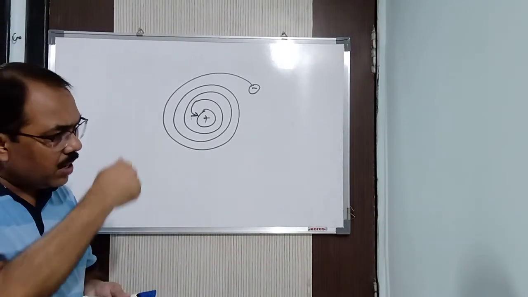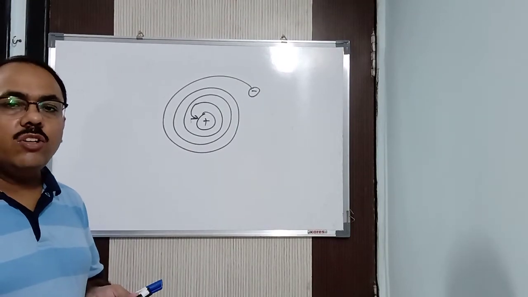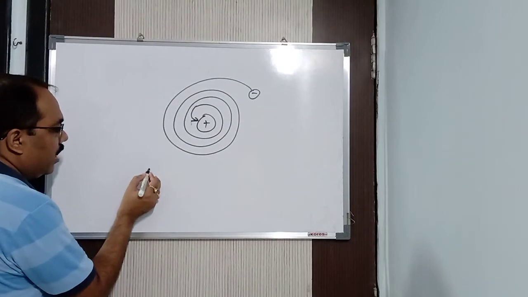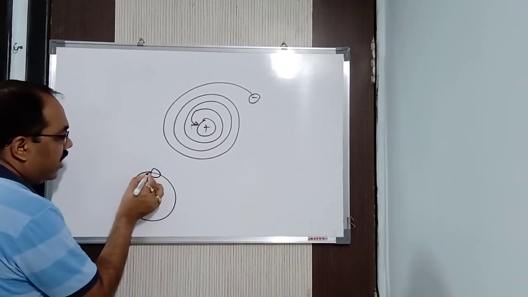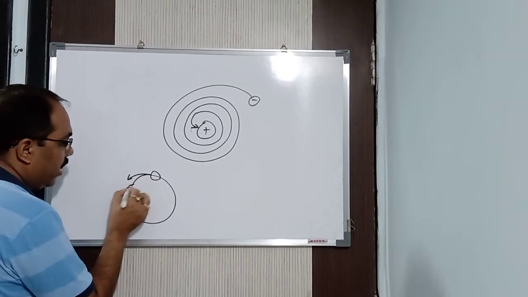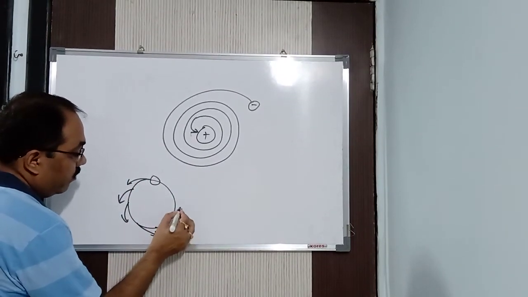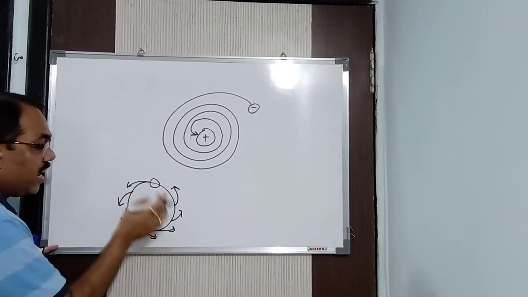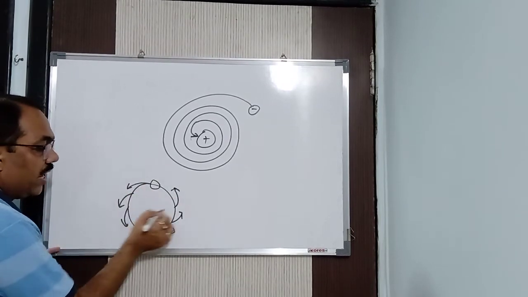If a charged particle is moving in a circular path, it is liable to release energy. You will study this in higher classes: when a charged particle is moving, let us say this is a path and this is a charged particle, then for each and every moment there is a change in angular velocity. One velocity is a linear velocity, another is an angular velocity. Because the angle is changing every moment, there is a change in angular velocity.